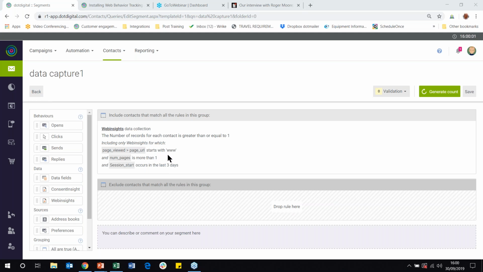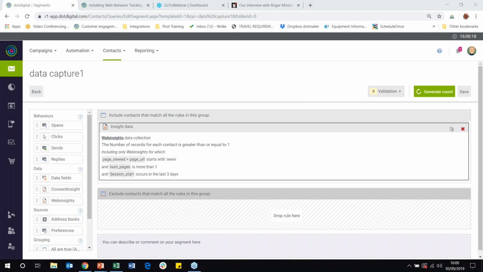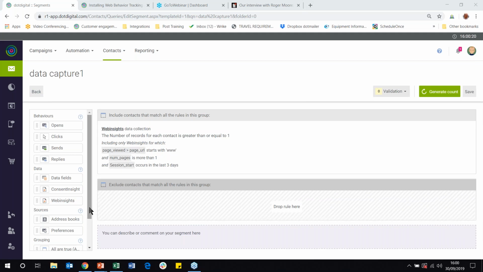So yeah, good question actually there. At the moment, the unique identifier for every customer is their email address. Now it may change in the future, but right now, email address is the unique ID for everyone, which means everyone only has one contact record. Well, every email address only has one contact record. So there's your web insights. Did they look at my stuff? Then we've got